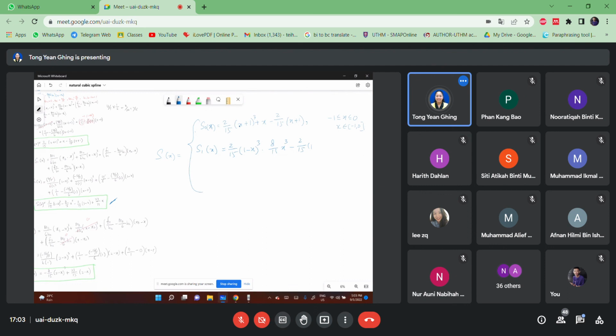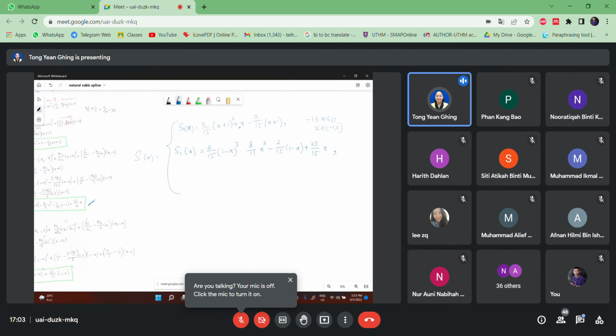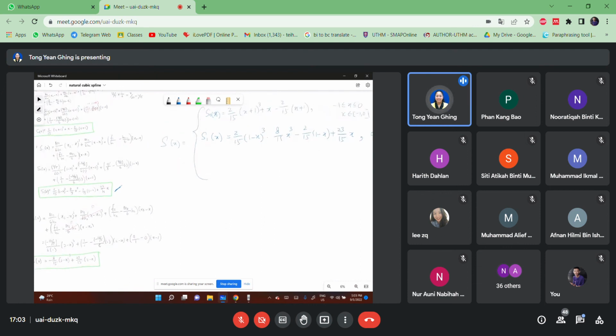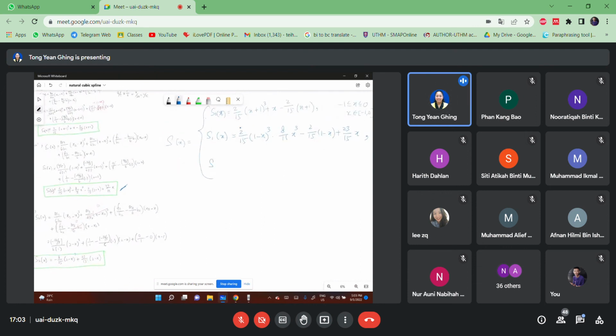Tak keluar lagi, slownya. So this one is for 0 until 1. Tak kisah warna tulis, or you can write also like this, for x from 0 until 1. Macam ni. So and then the third polynomial,